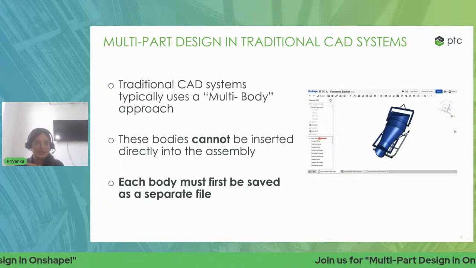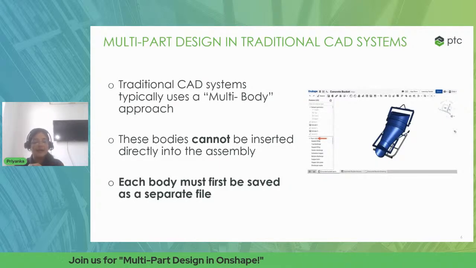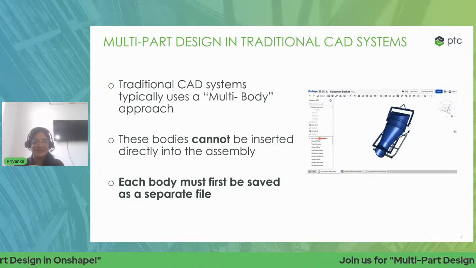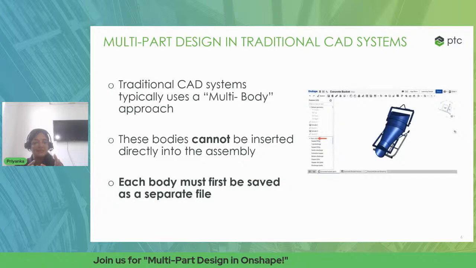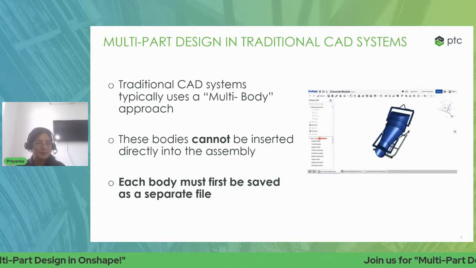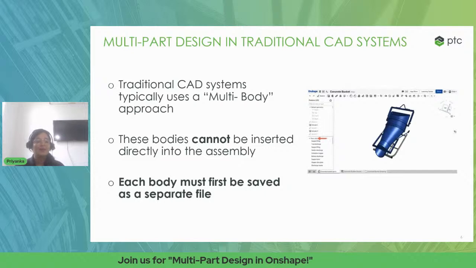So in a screenshot, forgive me, it's a bit smaller in size, but it's a concrete bucket, which has approximately 41 solid bodies within that part, right? It has always been the approach in the older CAD system that you have bodies, and suppose you want to make them together, it's okay that you create them together in a part, but those are not real